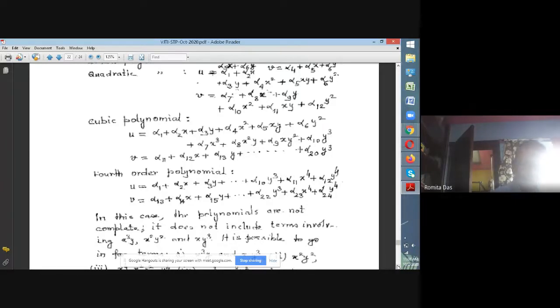One important point, the number of nodes to be associated with the element depends on the polynomial. If you say that you will have 10 nodes with the element, then in that case you must select a polynomial which will have 20 generalized coordinates, 10 for the x direction, 10 for the y direction. So that's the guideline for selecting the polynomial and the number of nodes associated with the element.